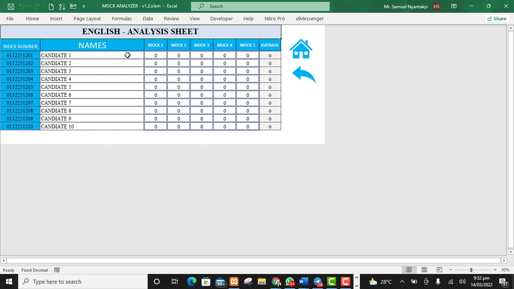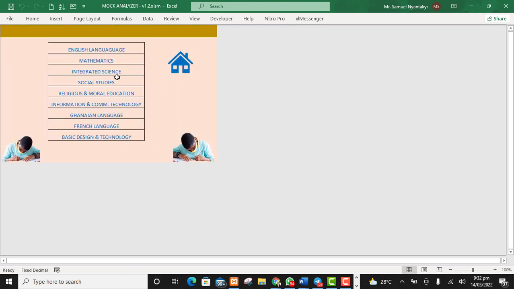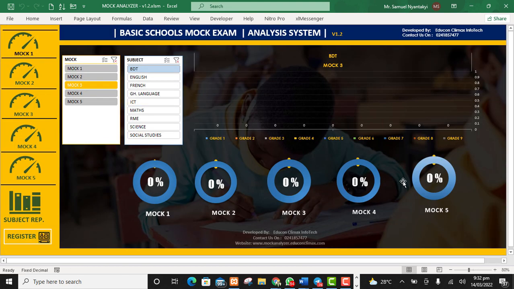In all we can track, so the teacher can track mock 1, maybe the candidate had 100, or mock 2 the candidate had 80. It means it regressed and all that, so you can do your analysis here. Then we can move to subject by subject. We can go home as well. Now this time around